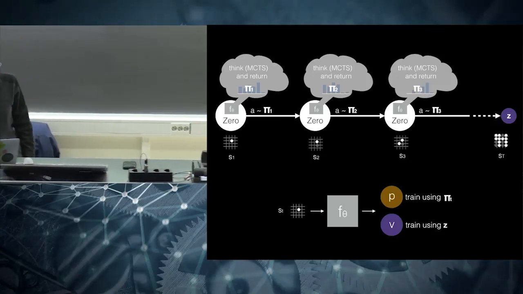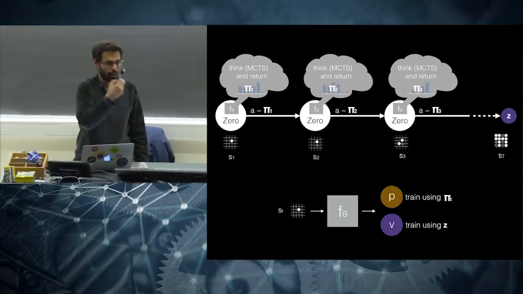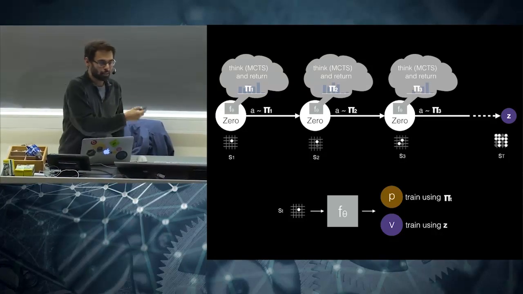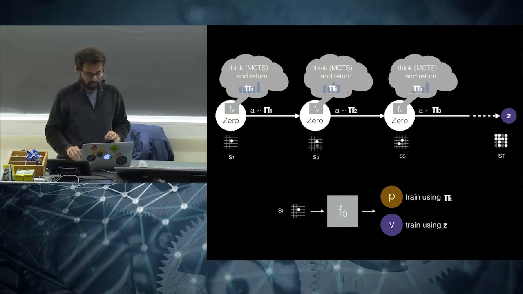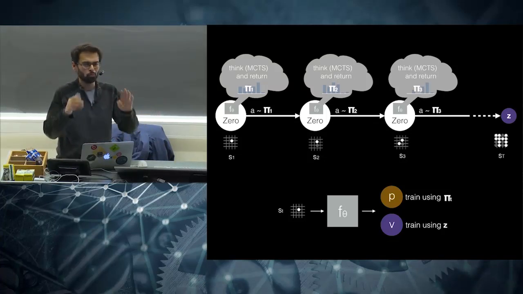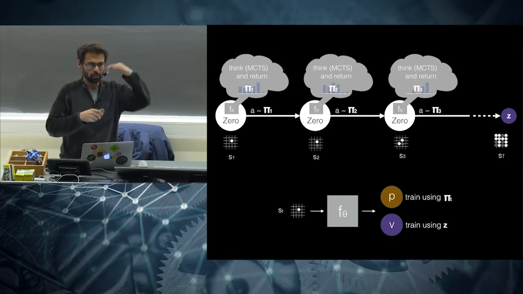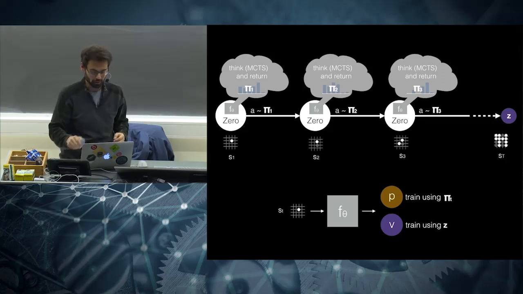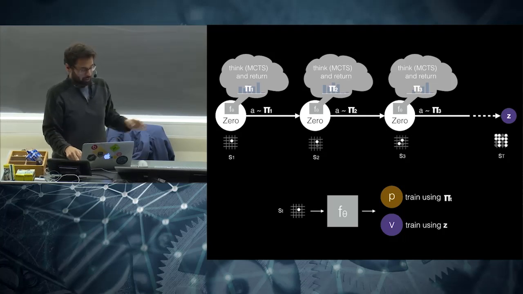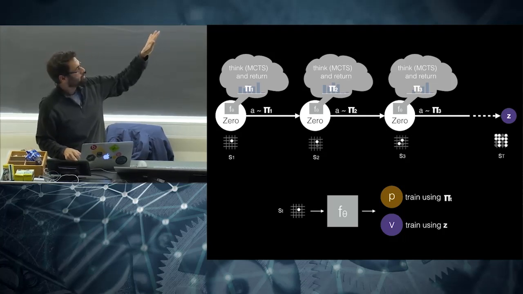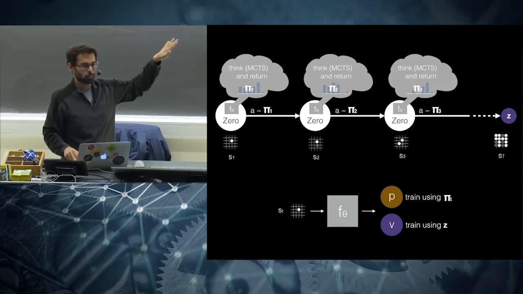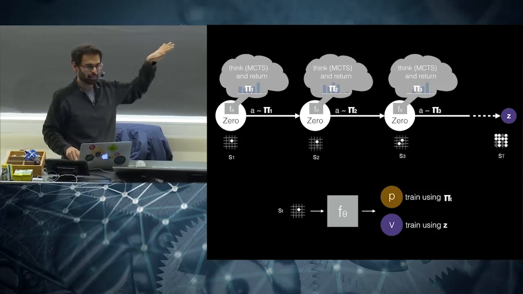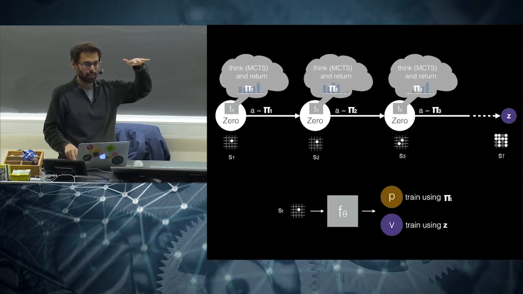In a way, it's a very simple algorithm, and it works on many, many games. Well, in this case, three games. And it's in a few days. I don't remember how many days it took for each of these games. Maybe hours, actually. It reaches superhuman performance. Maybe someone knows in the audience. But the key thing is that it's a simple algorithm that is so general that it works across these games. So simplicity, in some senses, is breeding this generality.